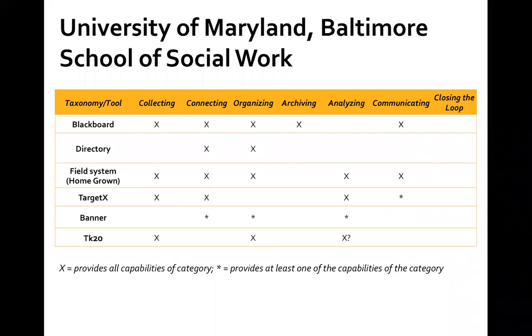Banner is, of course, the student information system, so there's a lot of data there about students and what they sign up for, what they register for. Grades are handled in Banner, I believe. Target X is actually a fairly new